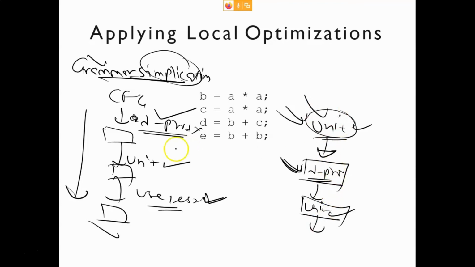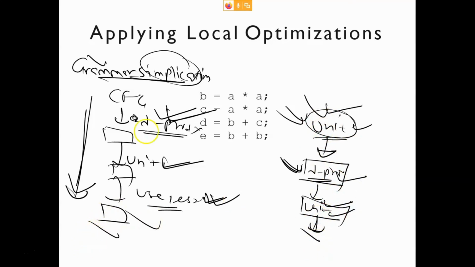So you can see, when you apply in this order, each algorithm you need to apply only once. Apply this once, apply this once, apply this once, and you will get your result. But if you change this order, then you will have to apply the same algorithm maybe multiple times. Like if you do this first, then if you do this, again unit productions will come, then again you will have to apply the unit production elimination.